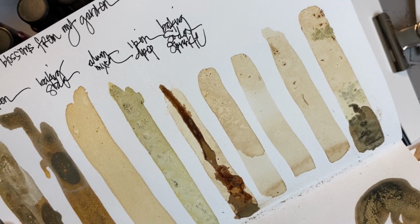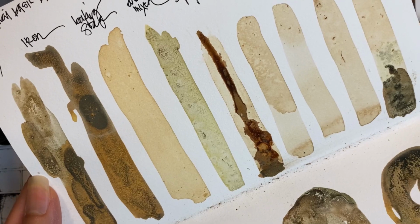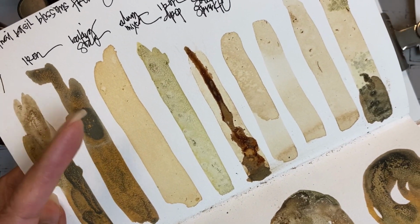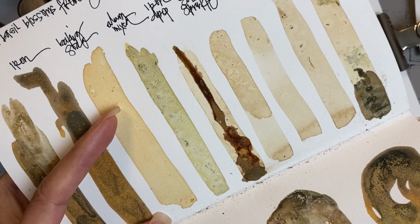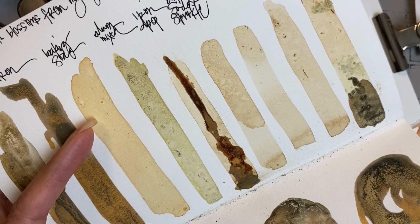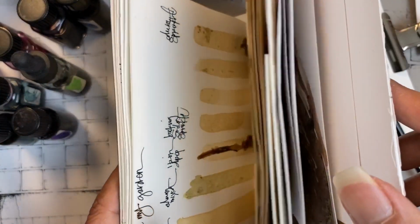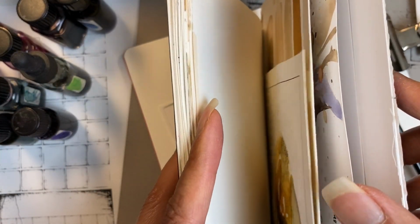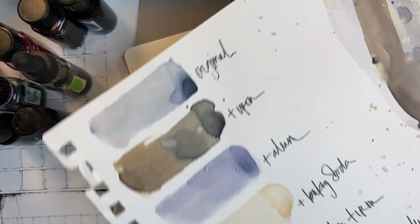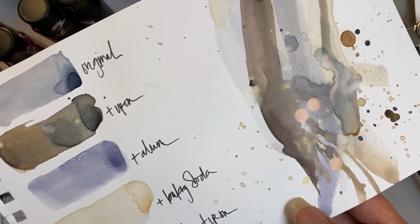So a whole different process when you make natural inks, but look at these colors. They're just so gorgeous. So I mixed it with iron, with baking soda, with alum, iron, dropped in baking soda sprinkle. So lots of different ways you can use. So I just wanted to show this so you can see how it is, a little bit different. I probably will go do a little deep dive more into my